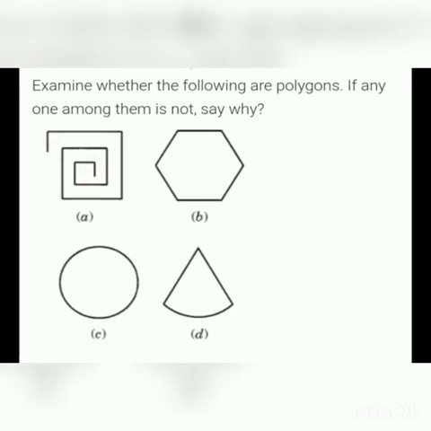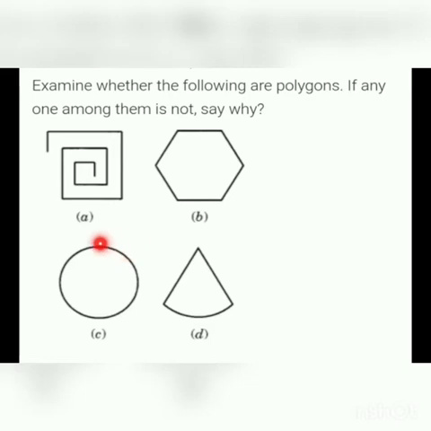Okay, second one, B. Here all the sides are line segments and it is closed. So we can say this is a polygon. Now identify which type of polygon this is. Count the number of sides. 1, 2, 3, 4, 5, 6. This is a 6-sided polygon. All the sides are line segments and it is a closed figure. So which polygon is this? A 6-sided polygon, we call it a hexagon. Now what about the third one?